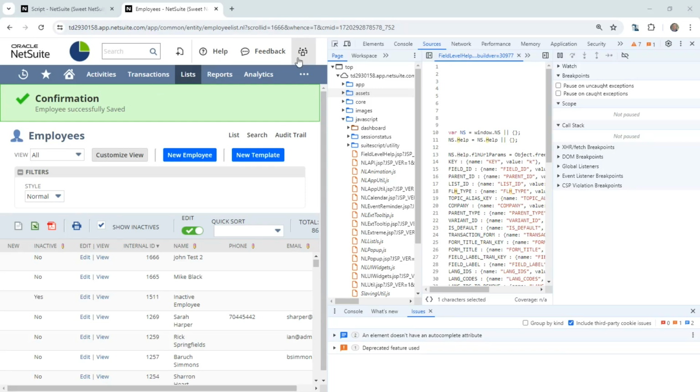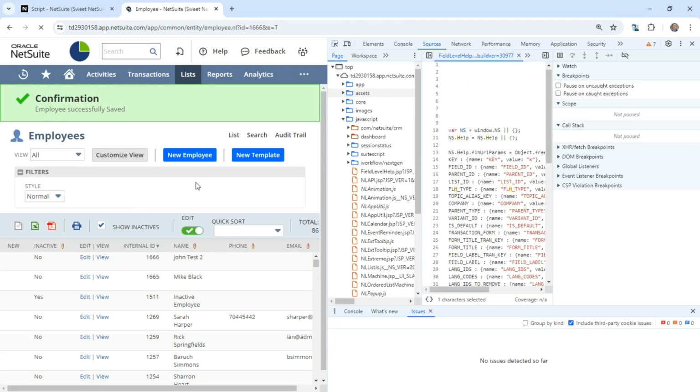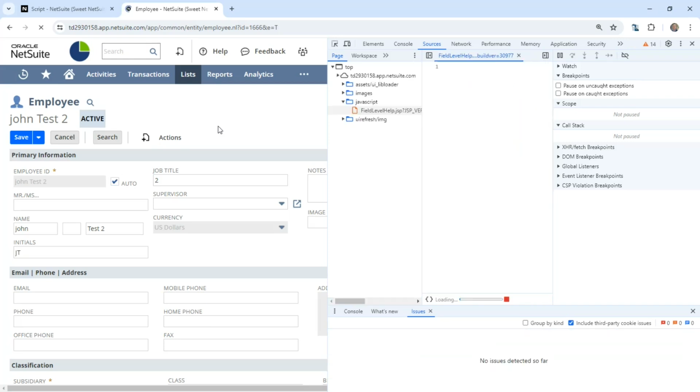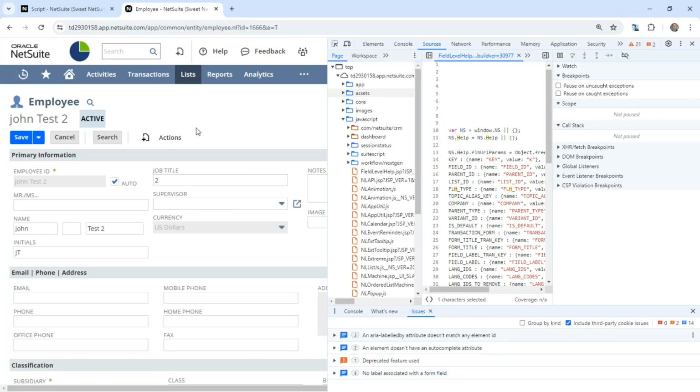Once you make the change in your script and upload it to NetSuite, go back to your record and click Edit again. Before we do anything, we need to press function F5. It will use the current version, just in case NetSuite sometimes likes to use cookies. Once you do that, it will refresh the page